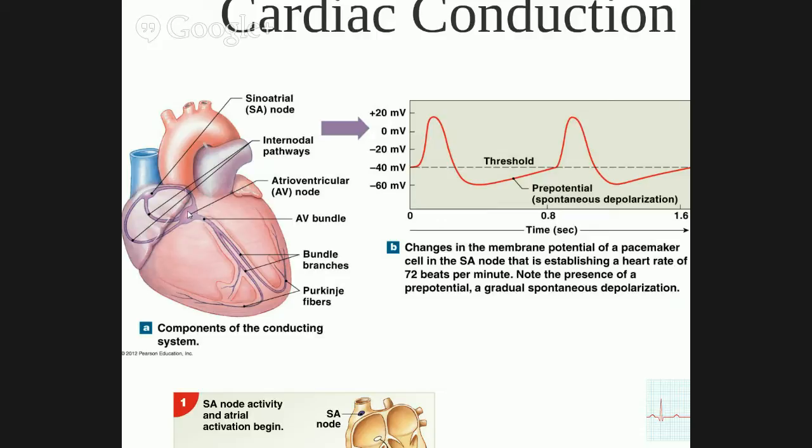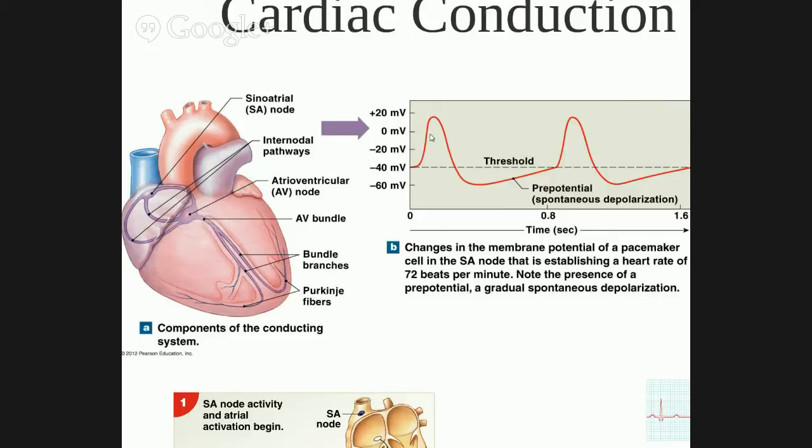Now, like I was saying, the heart is intrinsically active, and it's intrinsically active because of these cells here. Over off to the side, we have a description of the action potentials that we see in these cells. Now, the numbers that you see on the side over here are not exactly the numbers that you're used to when we talk about action potentials, like -70 to +30 and those sorts of things. And that's just because the membranes of these cells don't operate on exactly the same voltages, but it's the same kind of idea. The action potential starts when the membrane potential hits threshold, and it rapidly rises up to a